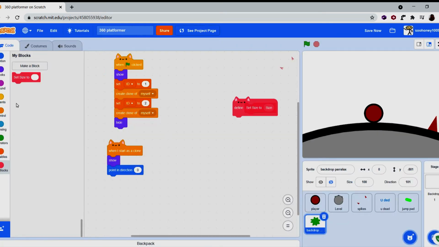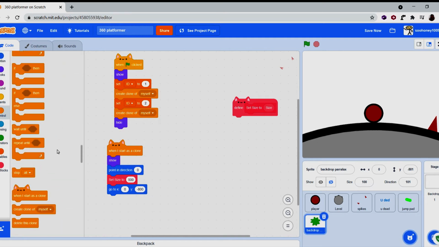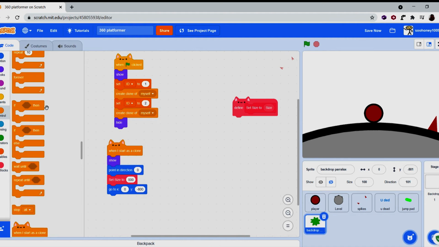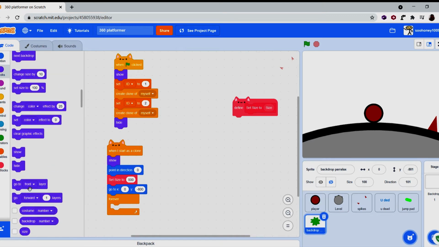And so after we created that block, we can drag it out here. Set it to 500 like all the others. Oops. 500. In motion, go to 0 and negative 800. Not 801. Not necessarily 800, but 800 is the correct one for this map size. So now we can go to the back layer, like so,